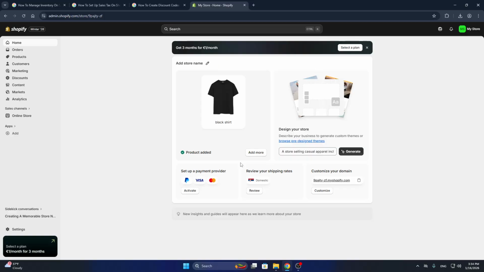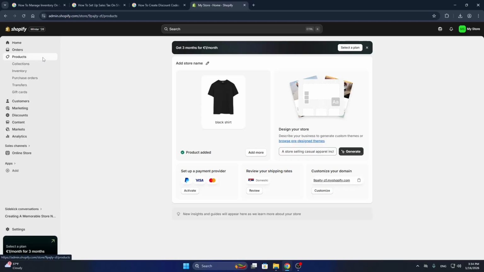So once you're logged in, this is going to be the home page you're greeted by, from where we can get started setting up our store and managing all our options. And here at the left side of the screen, we can find all the sections we can access regarding our store. So guys, to be able to manage your inventory, what we're going to do is click on the product